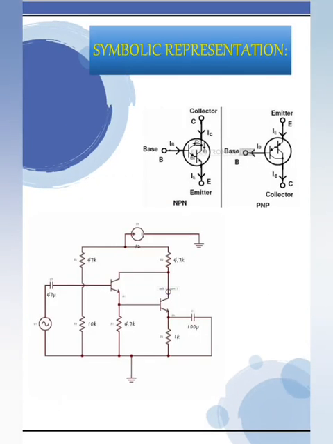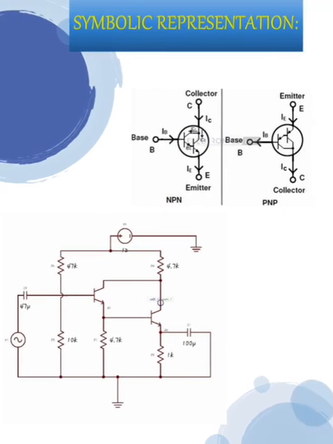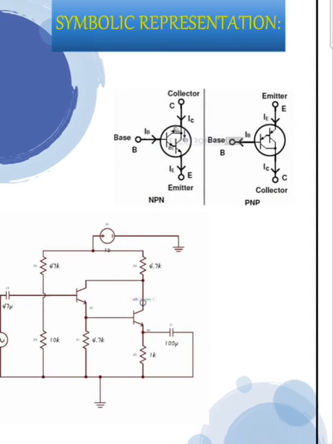This is the symbolic representation of the Darlington amplifier for an NPN transistor and a PNP transistor. Both are the same but the current direction is different in the emitter junction. These two transistors act together as a single transistor. This is the circuit which we are going to implement using that app. In this circuit the transistors are paired. Let me explain in the simulation circuit.